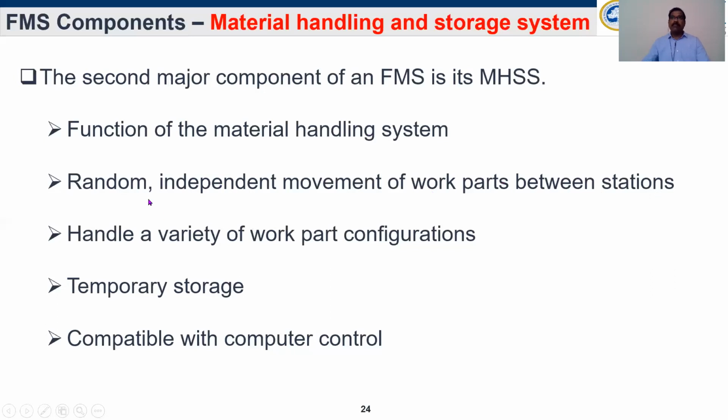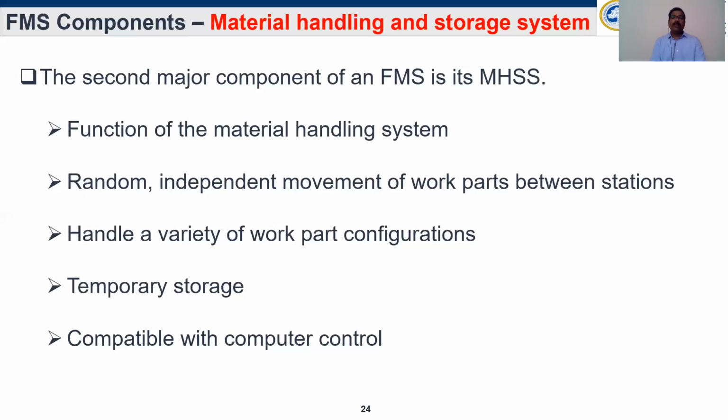Random in the sense that a part may move from machine 1 to machine 4 or machine 1 to machine 3. That's what we said, FMS has four or more machines. It is not necessary that all the parts travel between each and every machine available, or other processing equipment like a CMM machine. So random movement needs to be there.